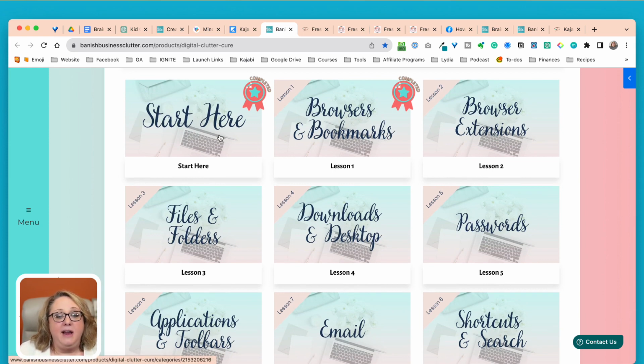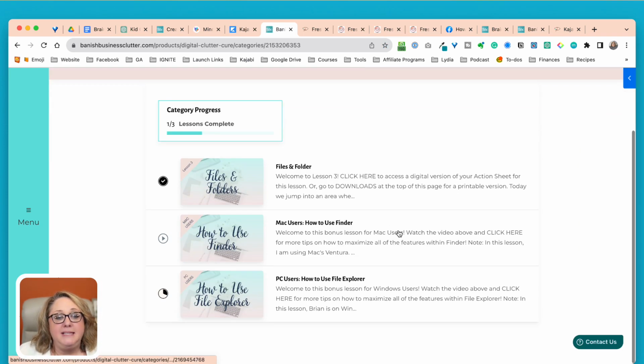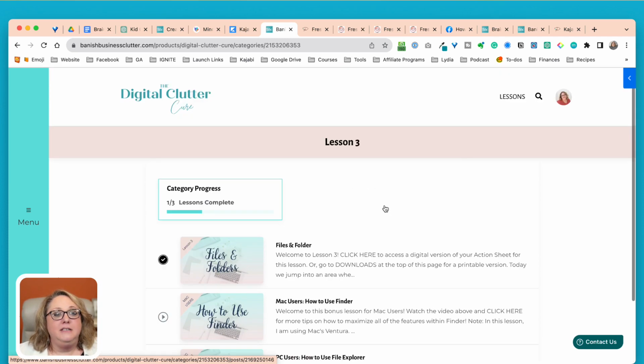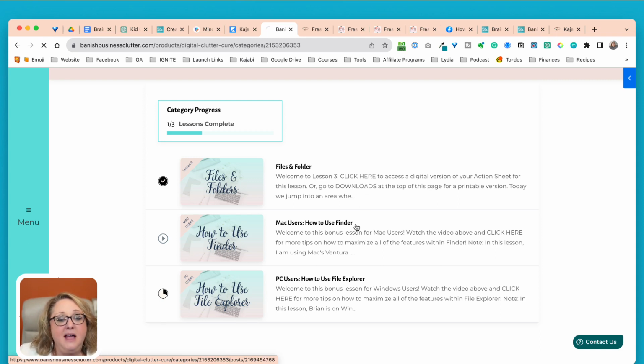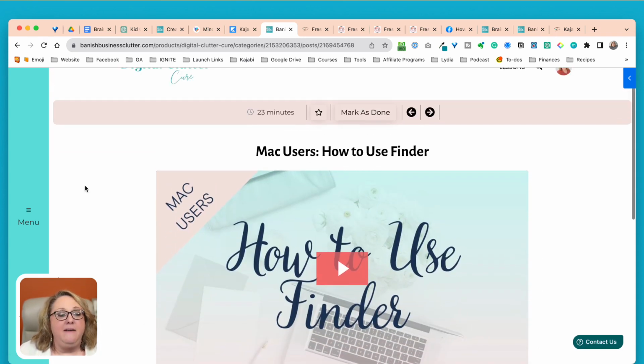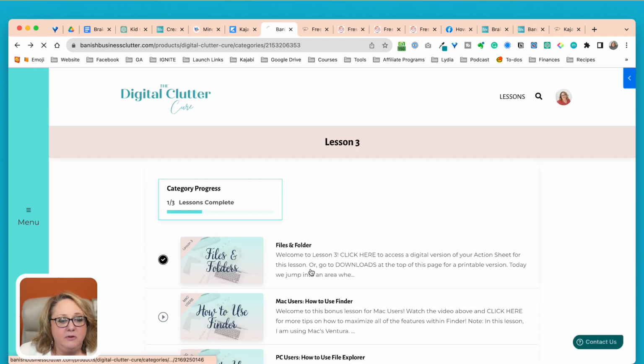So if they click on any of the lessons, like if I just click on this one, those are modules, sorry. So the module's called Files and Folders, and then we have 3 lessons inside that module. But you see how just seamless it looks, how beautiful it looks. When they click into any one of these, it brings up a video. If there's downloads, let's see if there's a downloads on this one.